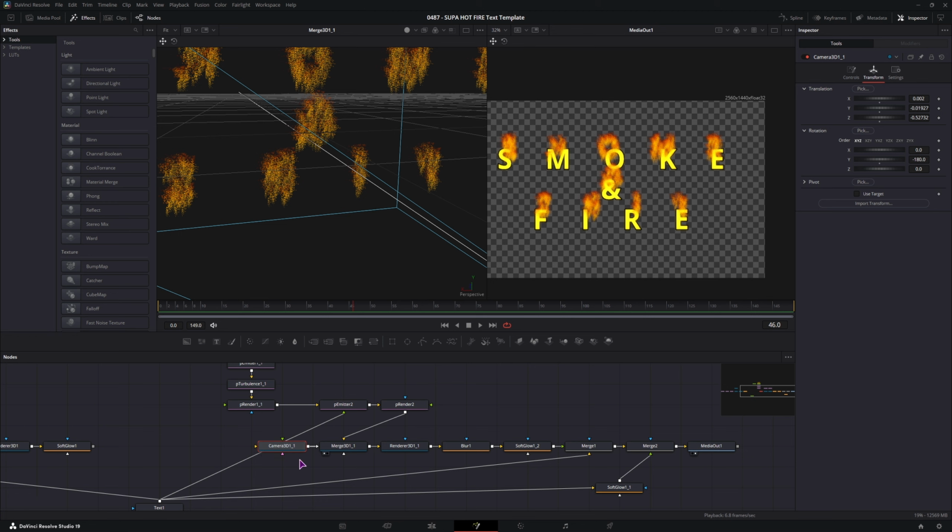The only thing that you have to do is go to the camera and make some final adjustments so that you line up the effect with the text as best as you can and position it where you actually want